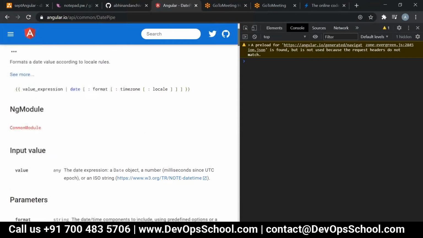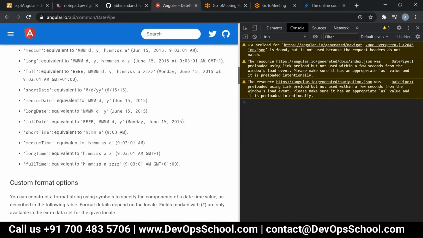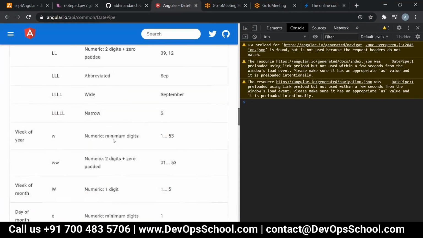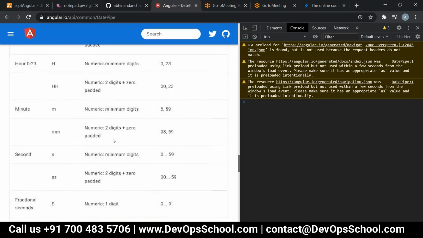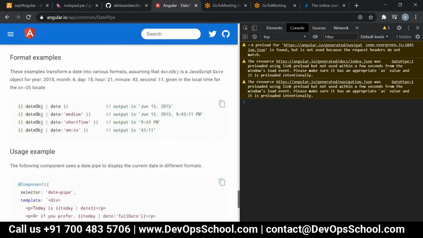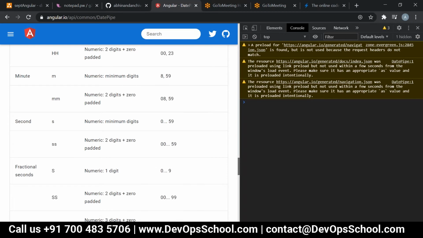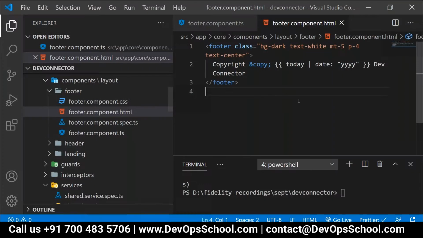People, in SQL, you will get various formats for retrieving the date contents. Have a look. People, tell me, is it possible to cover all the things, to cover all the parameters? Not possible. That's the reason I have shared this location with you. So if any date related activities you want to do, you can refer to this. While referring to this, you have to take care that the format you have to provide after the colon. Is it clear or not?